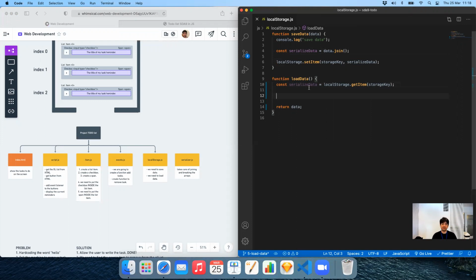So the first detail is, remember that the first time, when we don't have any data, it returns null, and the null can make problems for us. So the first thing that we're going to do is if serialized data equals null, then we return